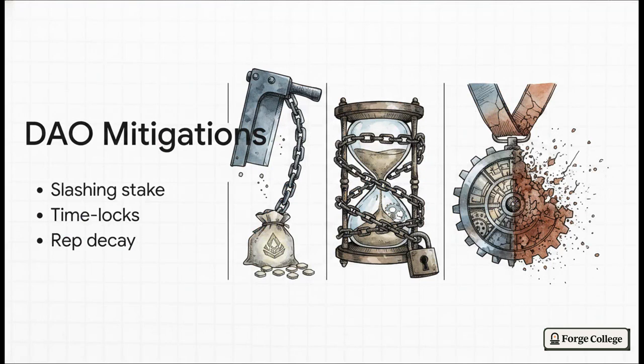We apply engineering mitigations. You introduce slashing, meaning voters have to put up collateral, and if they act maliciously, their stake gets mathematically slashed and destroyed. You weight votes by time-locked stakes, forcing people to lock up their tokens for months or even years, which aligns them with the long-term health of the project. And you design reputation decay, so past glory fades if you don't keep actively contributing. Basically, you force them to have real skin in the game.